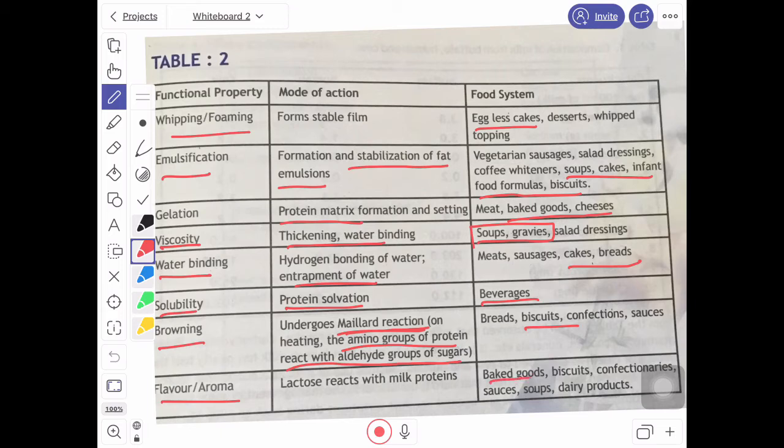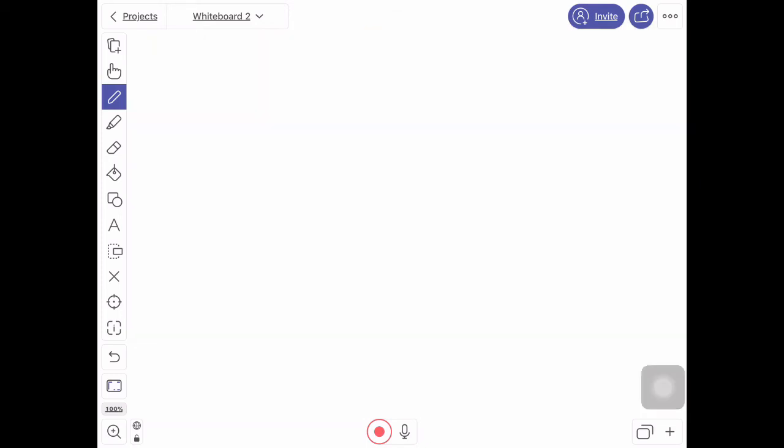These are certain functional non-catalytic proteins. Example, we have already discussed casein, but there are various other functional non-catalytic proteins which help in all these purposes. Next is